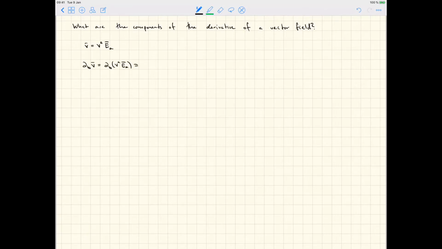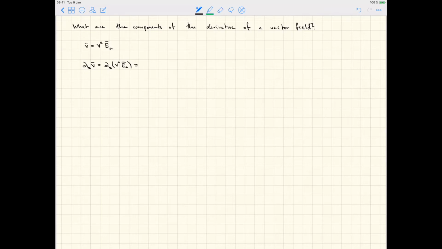With the knowledge of the Christoffel symbols, we can tackle the question: what are the components of the derivative of a vector field expressed in terms of these varying tangent basis vectors? If we express a vector field V as a linear combination of the tangent basis vectors, we write this as V^A E_A. Taking the derivative of this with respect to χ^b, we find ∂_b (V^A E_A), and